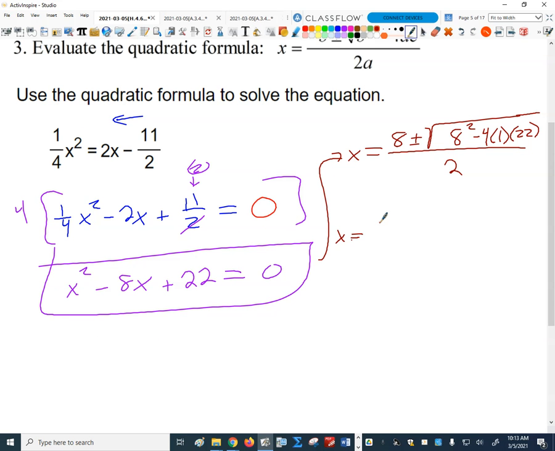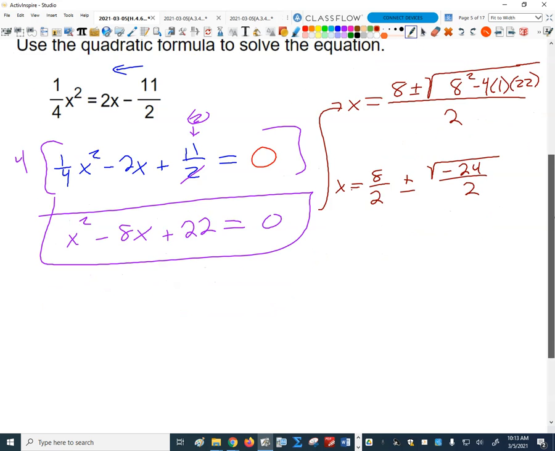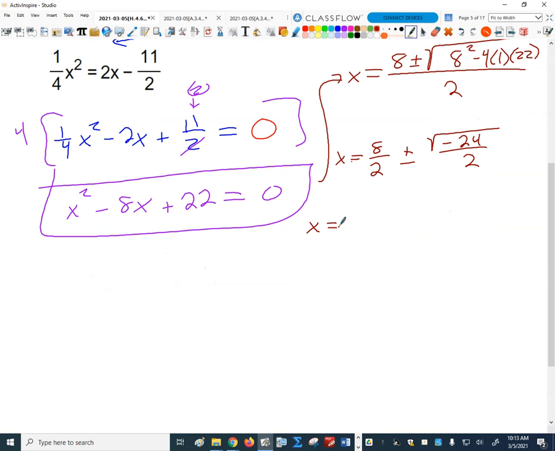So I get 8 over 2 plus or minus the square root of 8 squared, which is 64, minus 88, which is -24, over 2. So it's going to give me 4 plus or minus